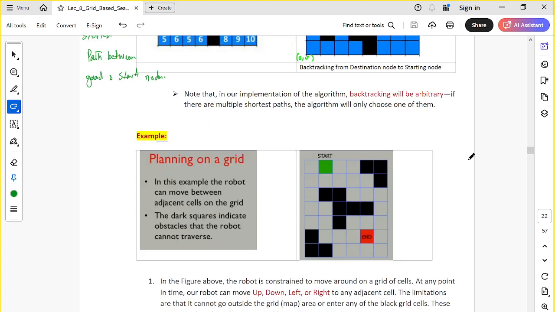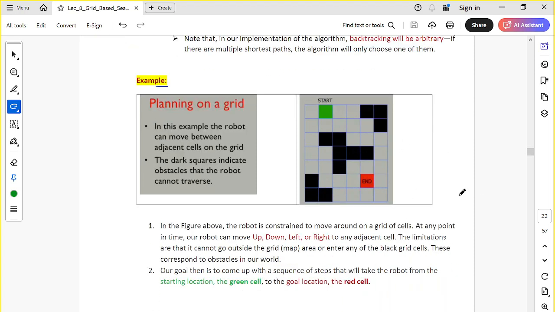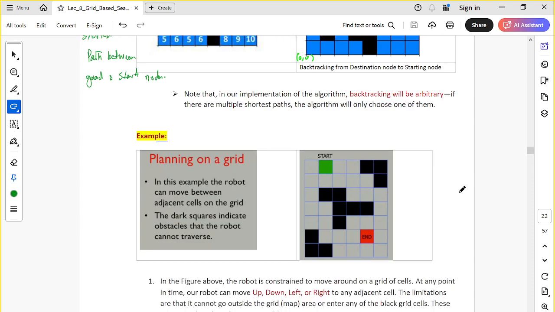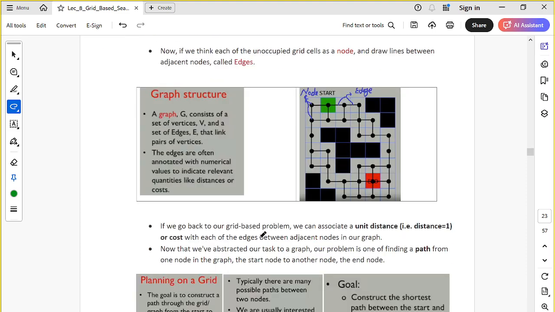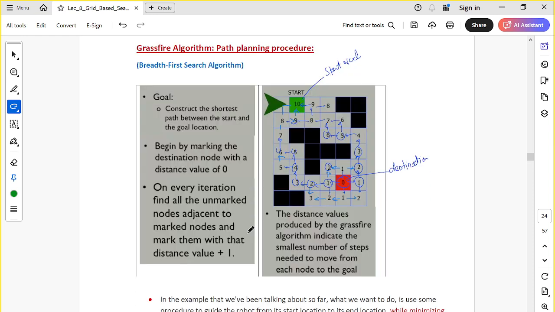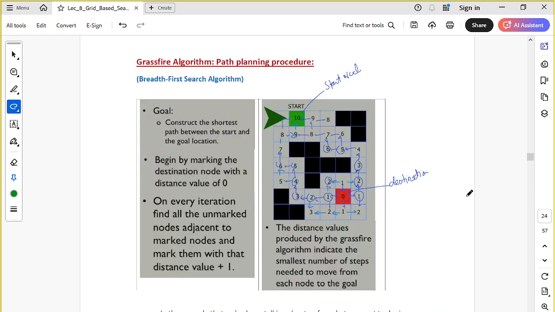So you can apply this algorithm to any environment which is represented by grids, and we have the starting node and end node. Okay, if you want, we can try this over here. Our second option is you can start from the end node as well. There is no issue, right? You can start from the end node and try to reach the starting node, or we start from the start node and try to reach the end node. So in this case, if we start from the goal destination node or goal node,